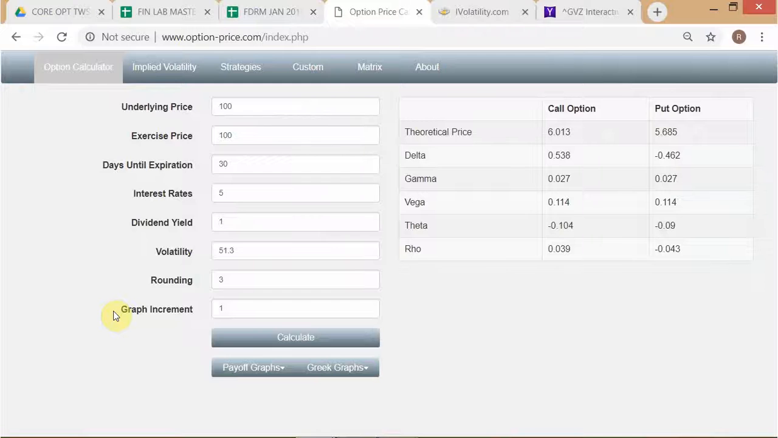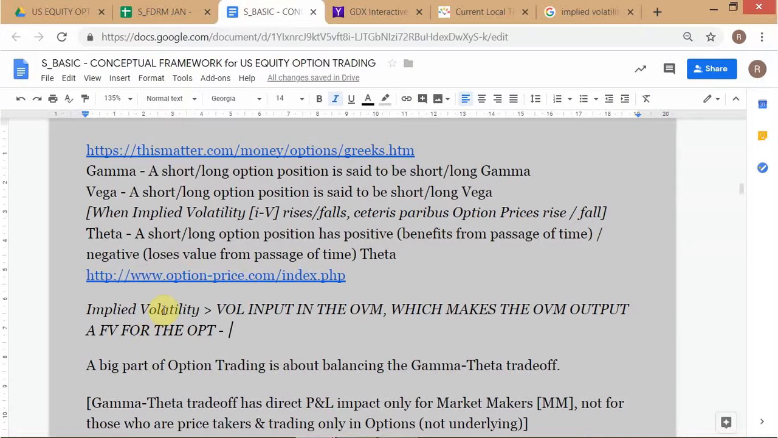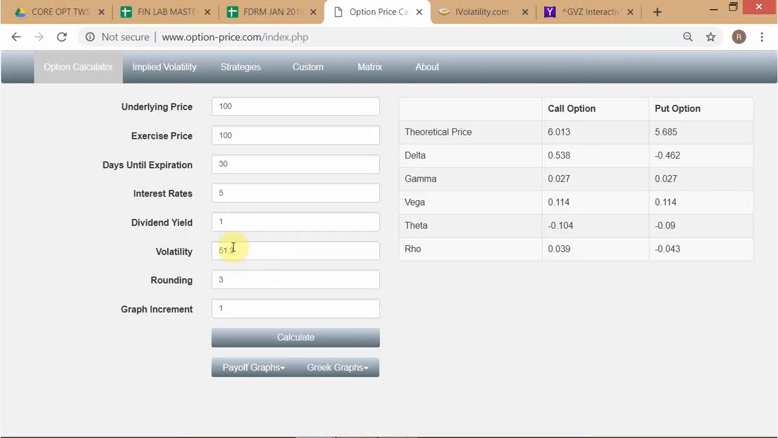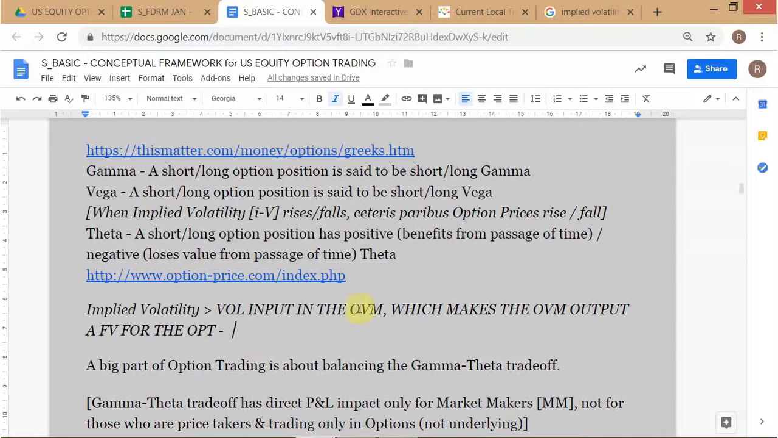Okay, let's take it step by step so we are very clear. Mechanically, we are defining I vol. I vol is the vol input in the OVM. You saw me putting in different values all the time. I was just changing the vol input figure, the vol, and I was doing it in the OVM. So it is that vol input in the OVM which makes the OVM